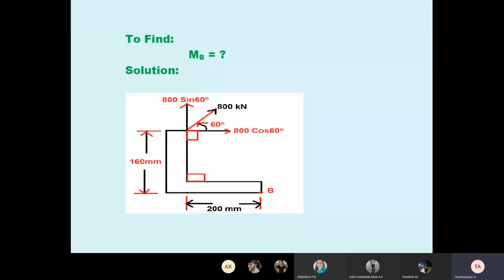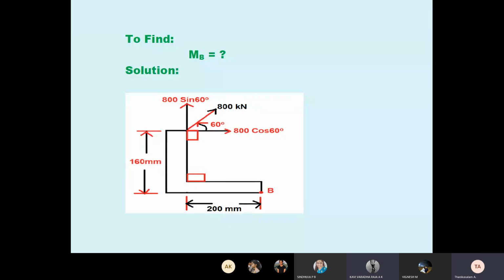Okay. So the first force with respect to B, 800 sin 60, is it clockwise or anti-clockwise? Anti-clockwise, I think, sir. How do I need to tell you, clockwise or anti-clockwise? Put your index finger at B and point. Index finger, thumb finger at point B. Then the index finger at the 200 and the starting 800 sin 60. Just rotate now. Is it clockwise or anti-clockwise? Clockwise, sir. Then you are telling anti-clockwise. Okay, sir. Therefore 800 sin 60 into 200 mm.